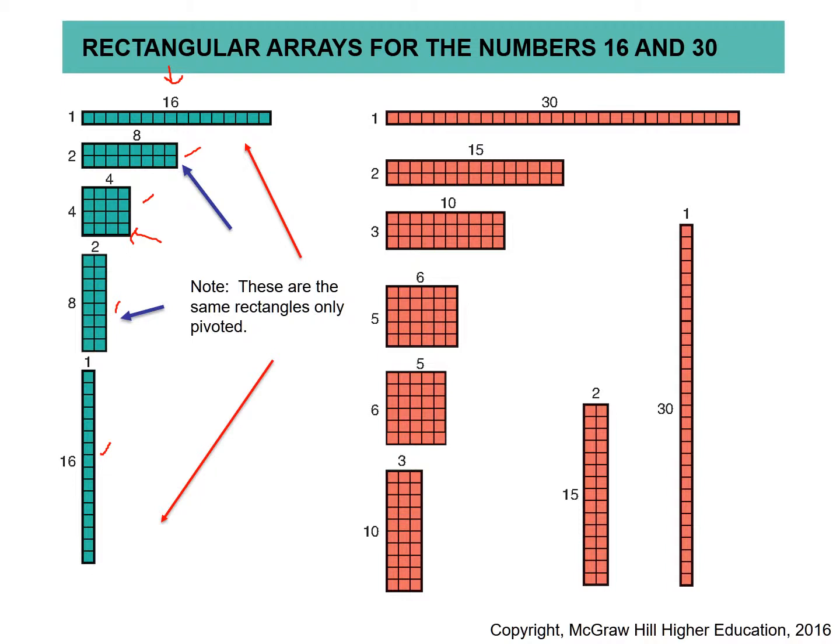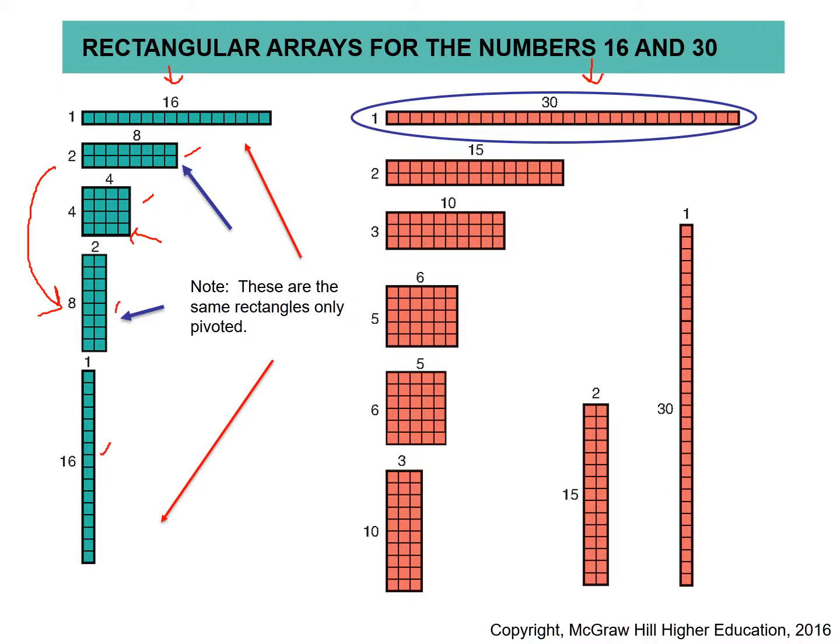So we have this pattern that we're going to get to somewhere. Maybe we get a square, maybe we don't. But once we get past a certain place, then we start pivoting our rectangles, and we end up with the same two factors repeated. So here, where I'm looking at models for the number 30,